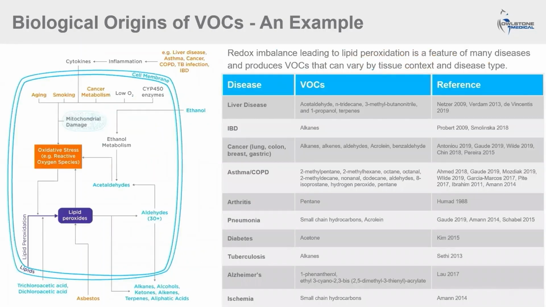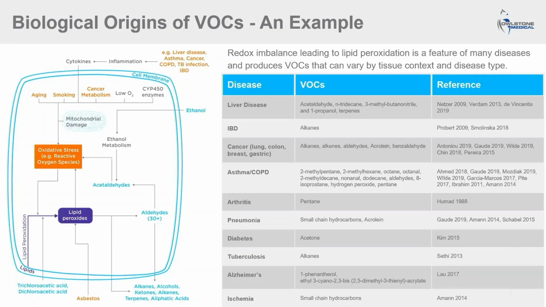Here's one example how VOCs may provide a readout of the underlying phenotype. Factors such as aging and smoking, and even conditions such as hypoxia and inflammation can lead to a disturbance in the balance between our antioxidant defenses and the production of reactive oxygen species, resulting in oxidative stress. Indeed, as we'll hear today, this is a common feature of many diseases, some of which are listed in the